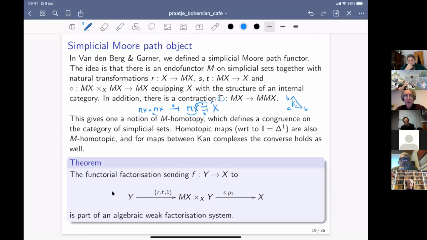And in addition, M is actually also an endofunctor, and all these maps like R, S, and T are actually natural transformations. So it means that there is a kind of congruence. You could define a notion like M homotopy on the category of simplicial sets. So you could say that two maps F and G from X to Y are M homotopic if there is a certain map to M of Y, which says that they're the same